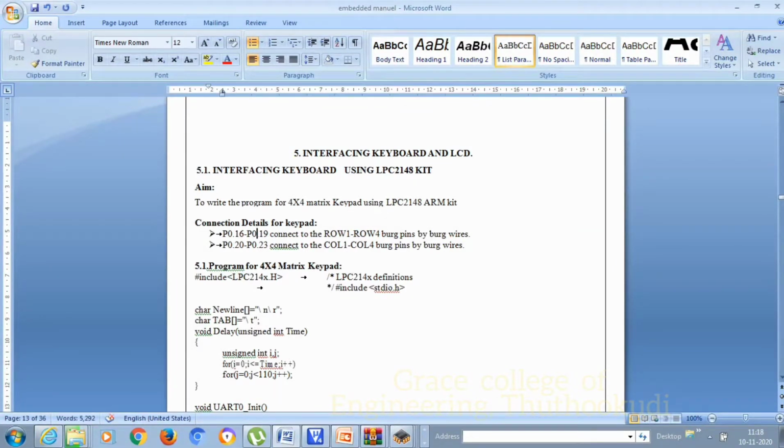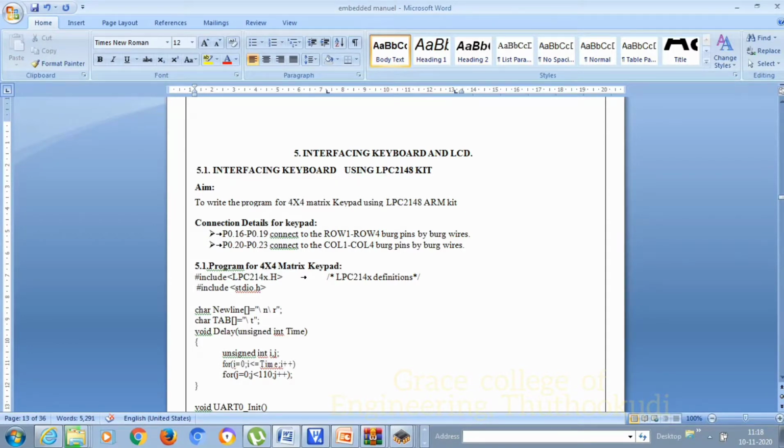Next, the program for the 4x4 matrix keypad. #include lpc214x.h is given in order to include the LPC library, then we are including the standard library, #include stdio.h, and now we are going to see the keypad output in the hyperterminal window.